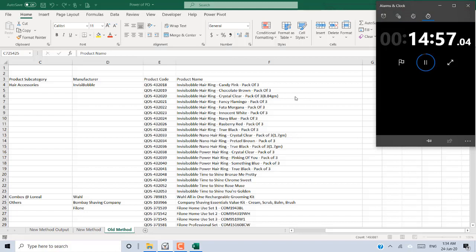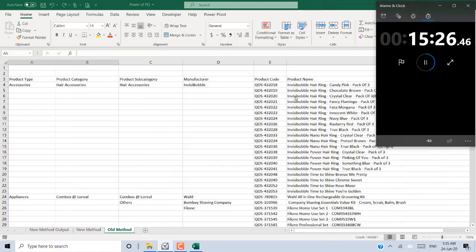Guys, the wait is about to end now. So the Go To function has selected almost 728,000 rows. Our total rows are 735,000, so it's about to complete now. 732, 734, 735. Okay, so now see, within 15 minutes, 15 and a half, still counting, it has selected the blank rows.